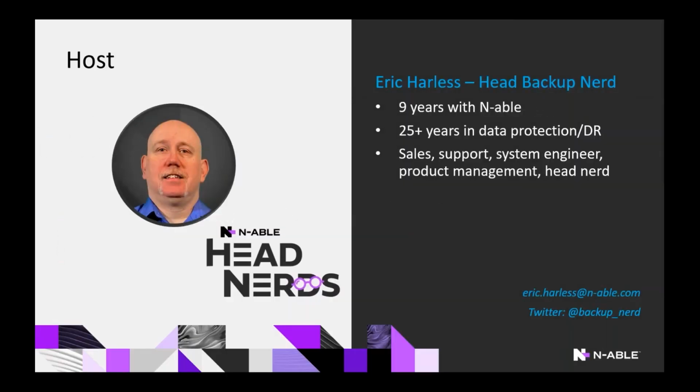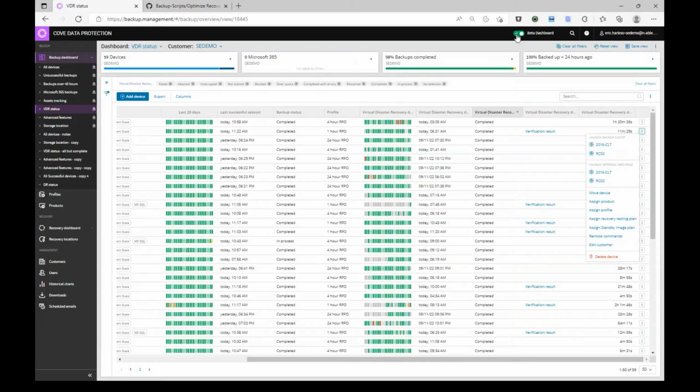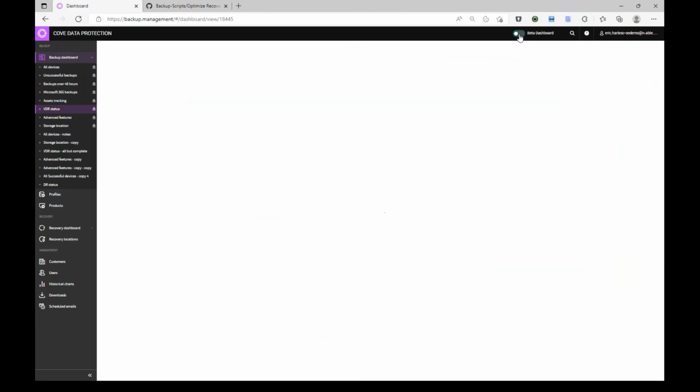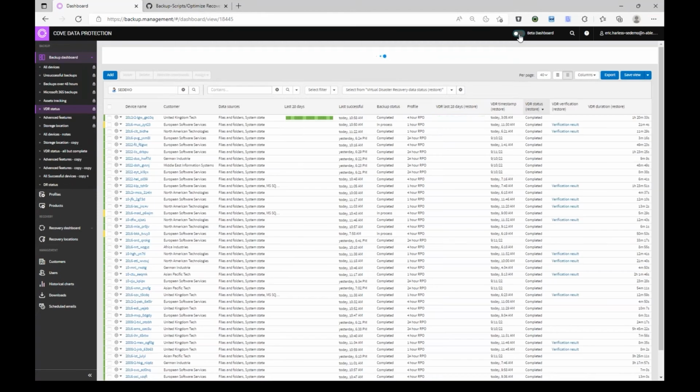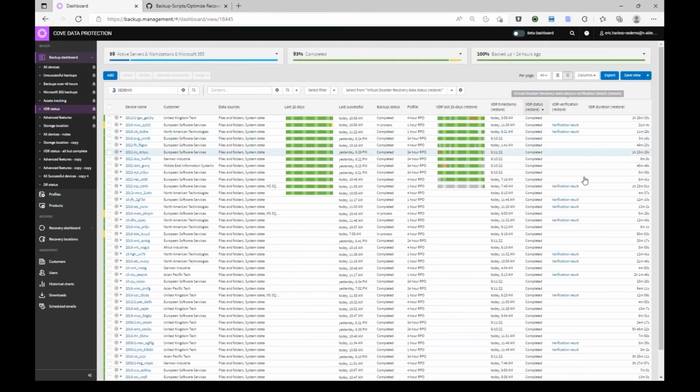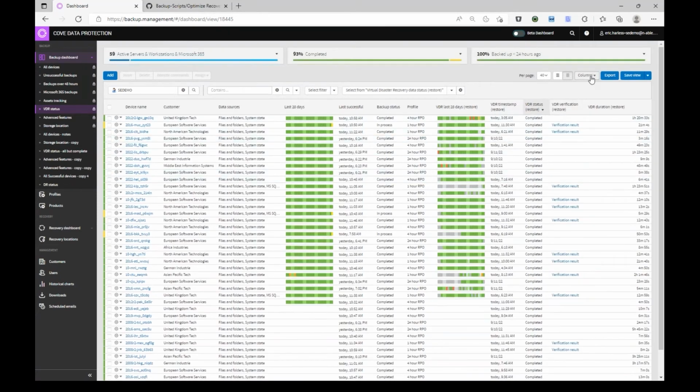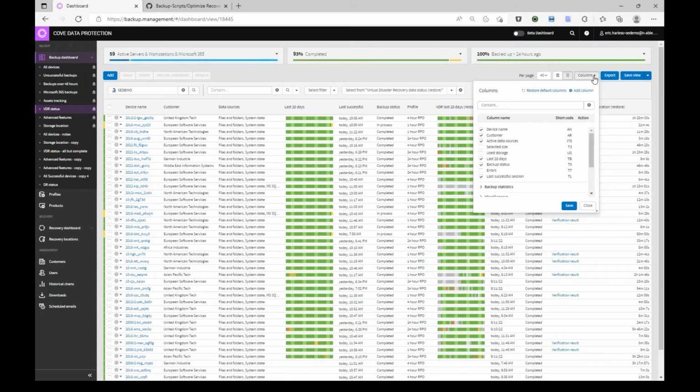The way that I might recommend that is, let's go back to our dashboard. And I'm going to commit a crime here. I'm going to go back to the legacy console, just because I've done it in here more. But in this console, you've got the concept of columns. So if I come into columns and I hit add column, you'll be able to add a custom column that is